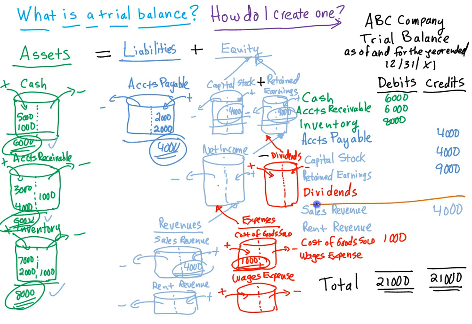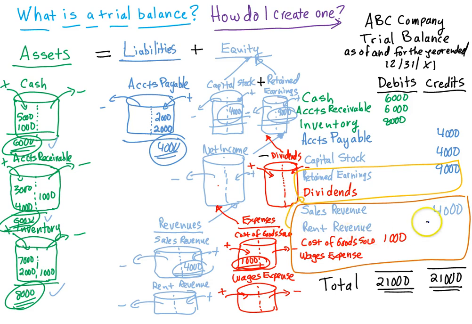So these accounts here would be used for your income statement. These accounts here are used for your statement of retained earnings. Let me draw that again with a different color. That's your statement of retained earnings. Now, be careful. All of this goes into here as well as your net income. So all of these lumped into a word called net income, a sum number, also goes on your statement of retained earnings. And then your balance sheet would be these accounts,